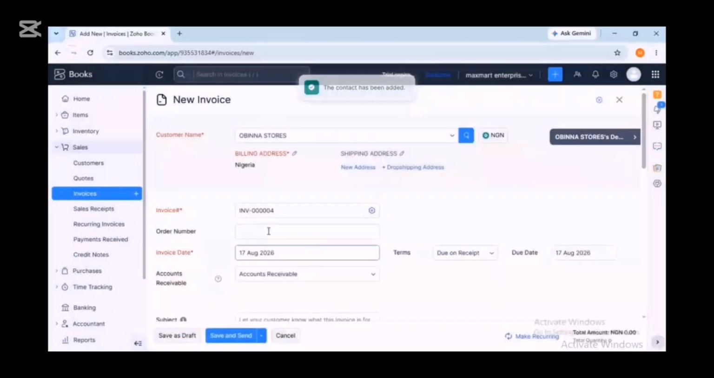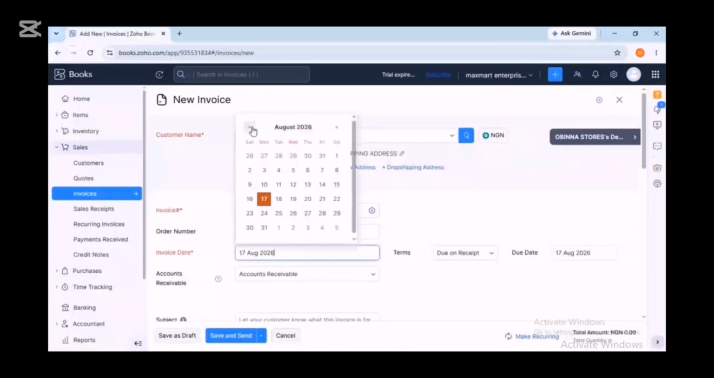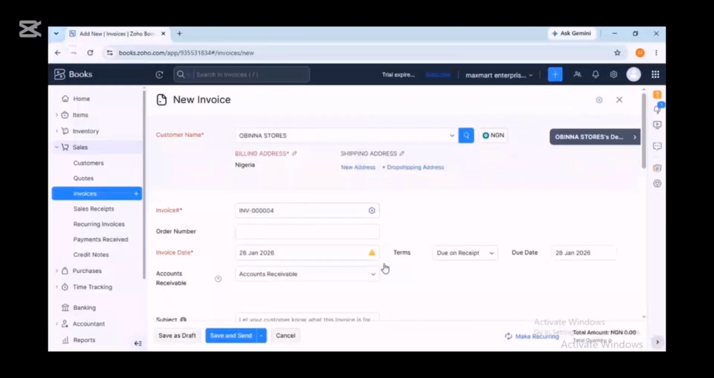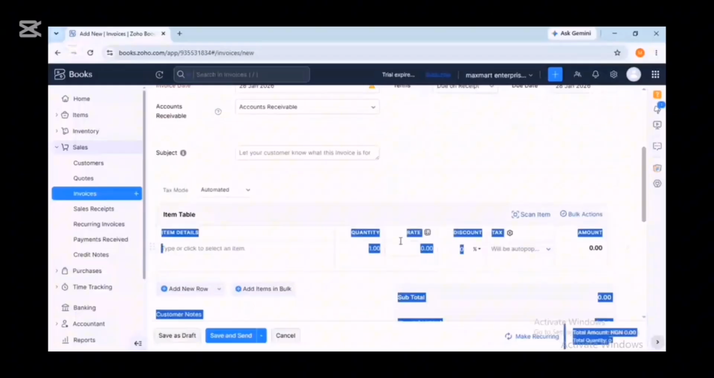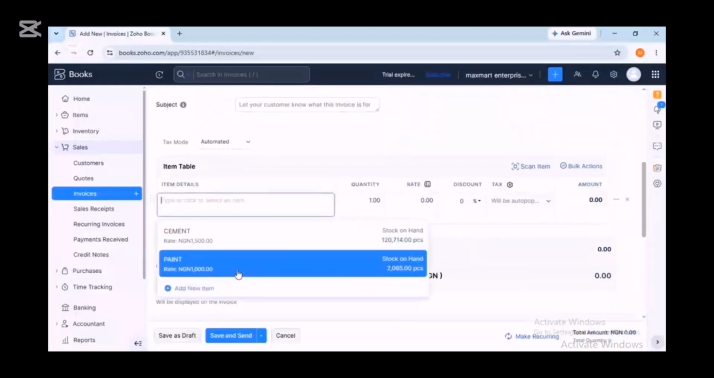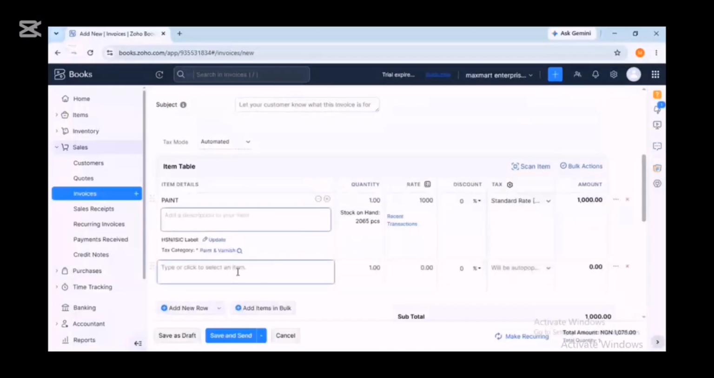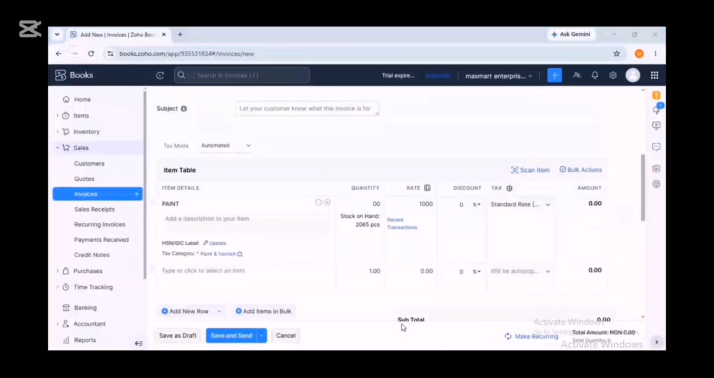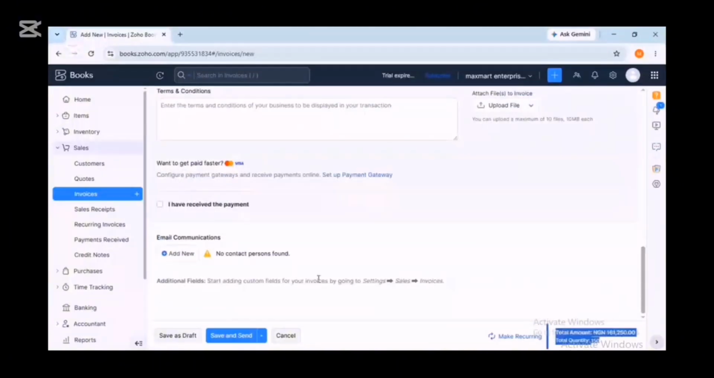That's that. So let's input the date. Definitely we are backdating because we are reconstructing what has been done from the record available. So 28. Let's select the item he bought, paint. And let's input the quantity, the amount he purchased, 150. So let's save